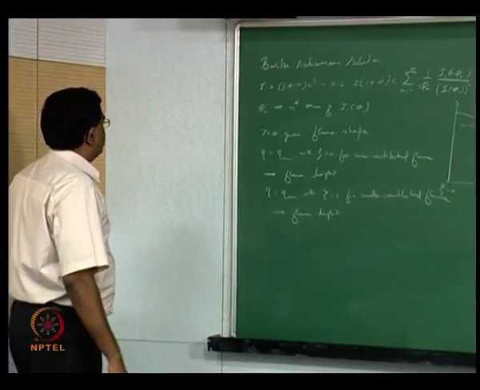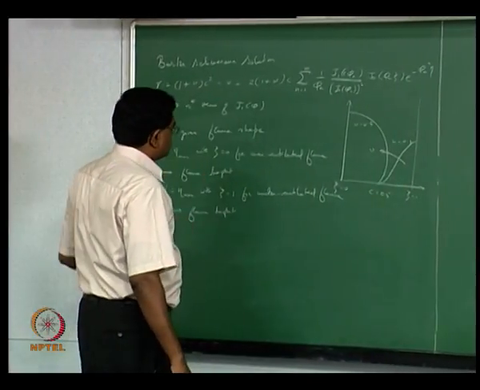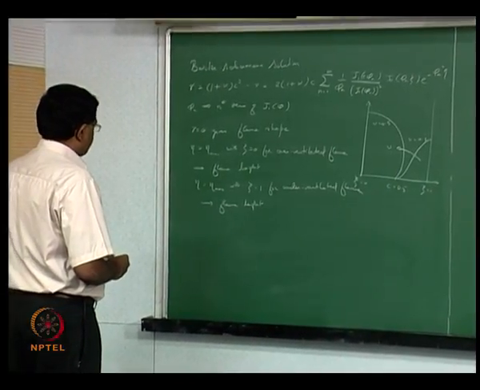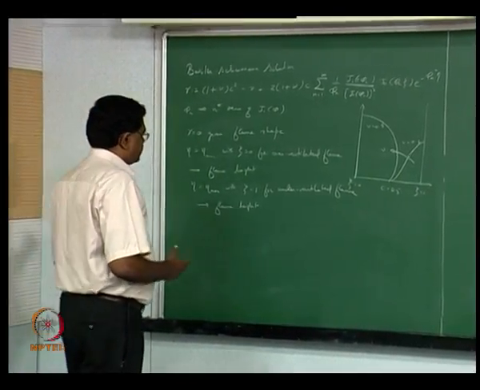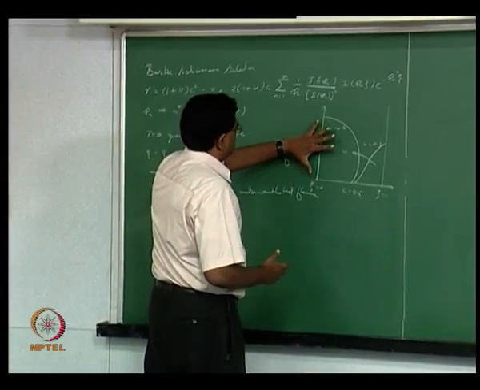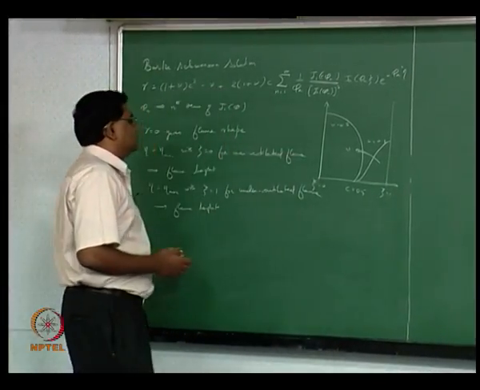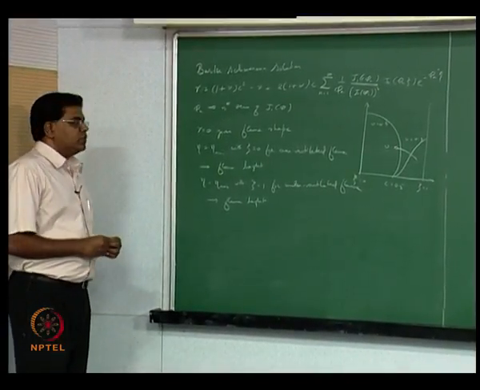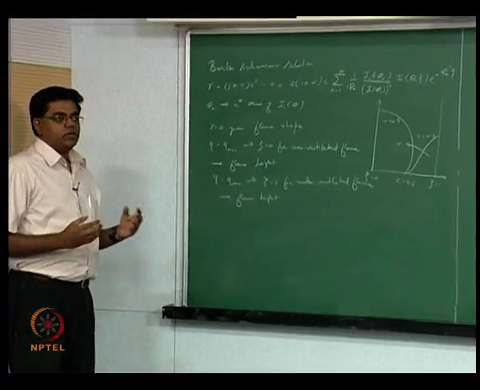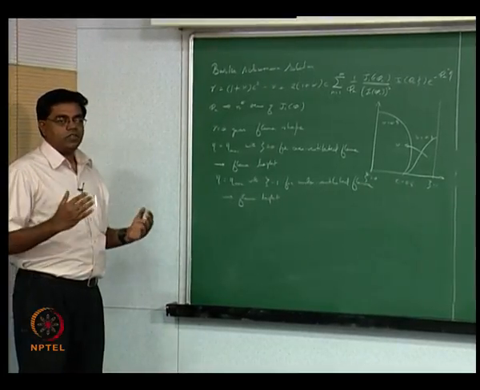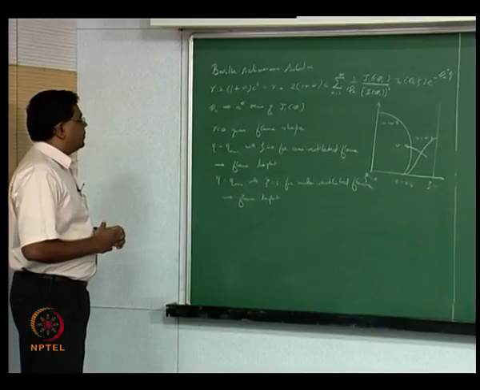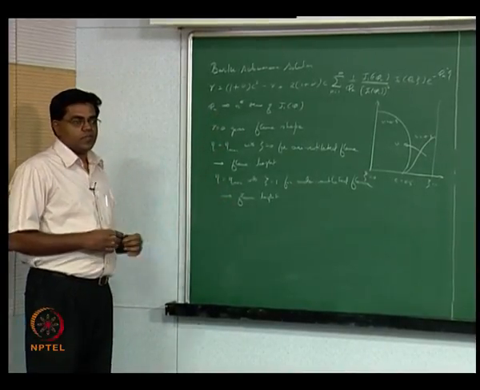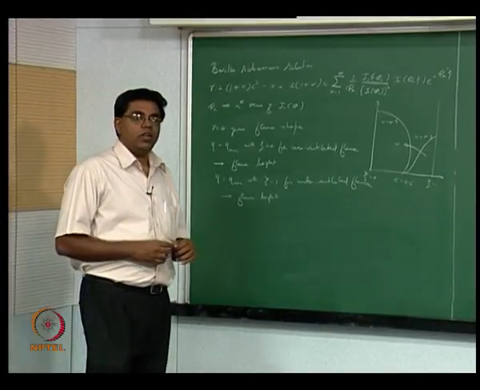So we have been looking at the solution for the Burke-Schumann problem, and what we can now figure out is we are interested in the flame height. Surprisingly, for tall laminar flames, that means we still have the situation of Peclet number being quite large but still not into the turbulent regime. The Burke-Schumann solution gives a very good prediction of the flame height, and this was significant back in 1928 if